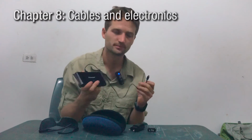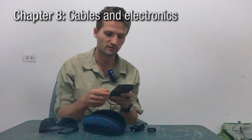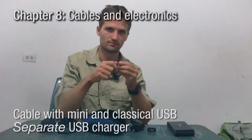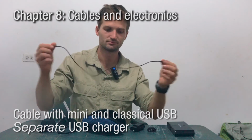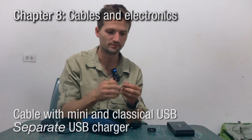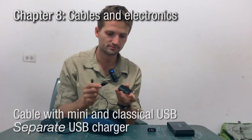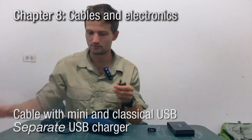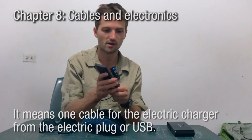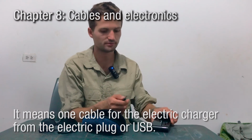Okay, cables and electronics. It's always useful to have as few cables as you need. I have just one of this long. It's a USB cable. On the other end is mini USB, and I have an adapter so I can recharge my cell phone. Okay, or I can recharge